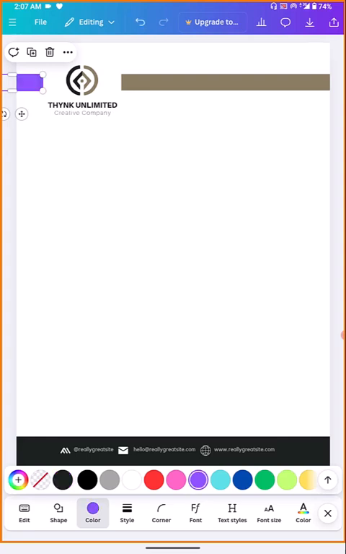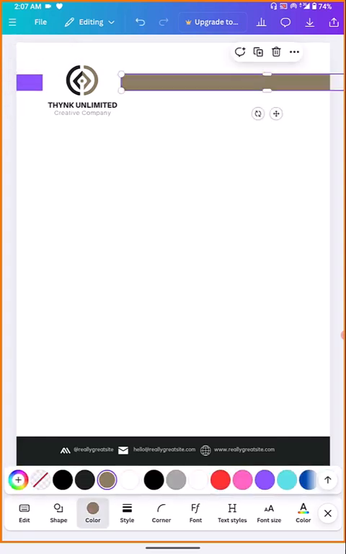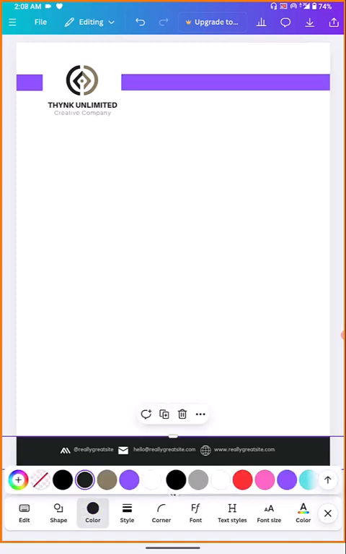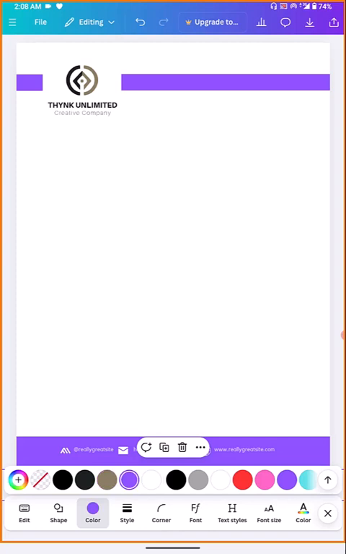And having to customize this template, it brings me to the Canva. And right here in the Canva, I'm going to choose each element and change the colors. So right here, I could easily change that to a purple. I would say purple, yes, and these two could be changed to a purple. Having changed all that to a purple, all I have to do is to